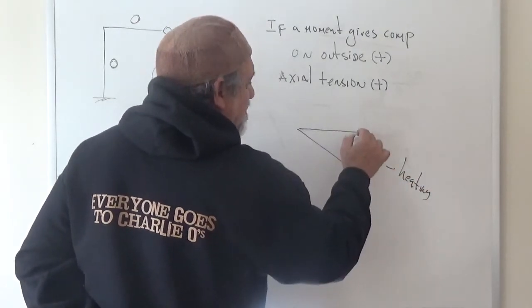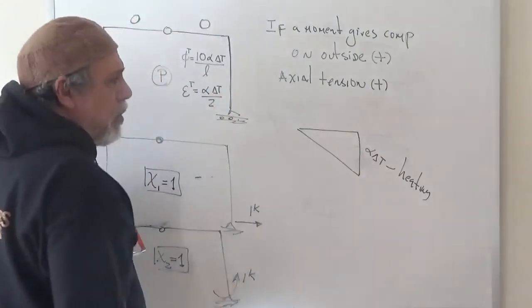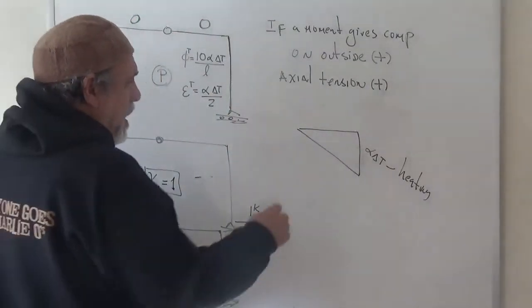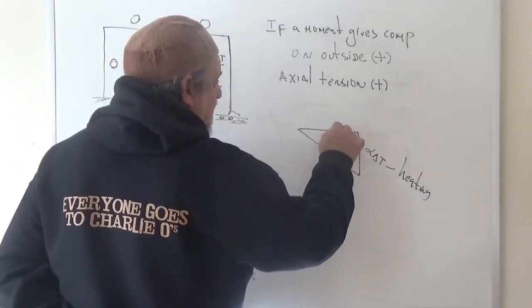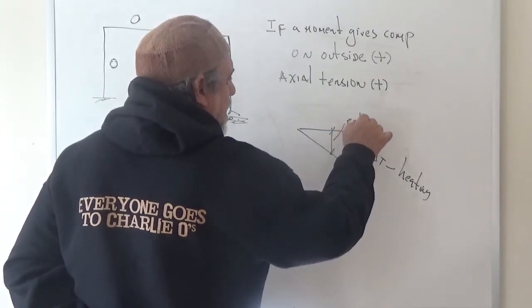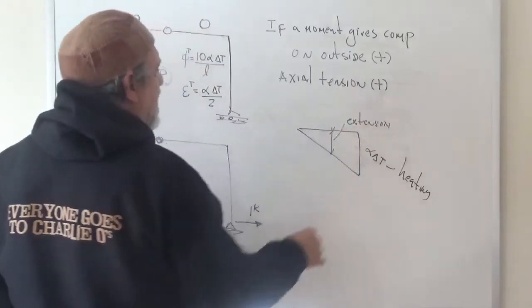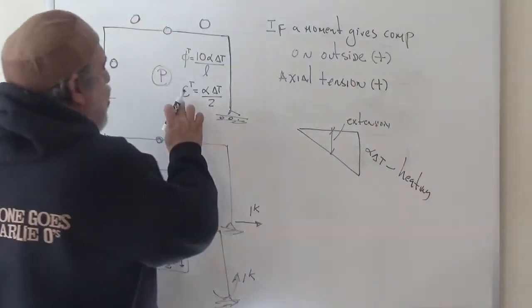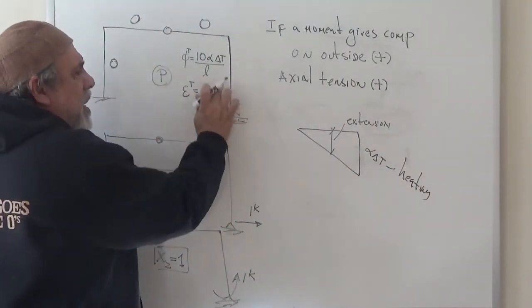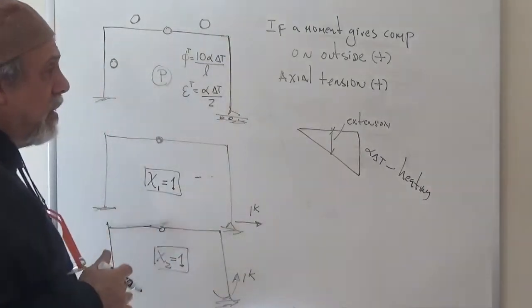That means that these fibers on the outside of the column got longer, right? So this is an extension, and therefore, since extension and axial tension are compatible, we conclude that our epsilon is a plus, according to the